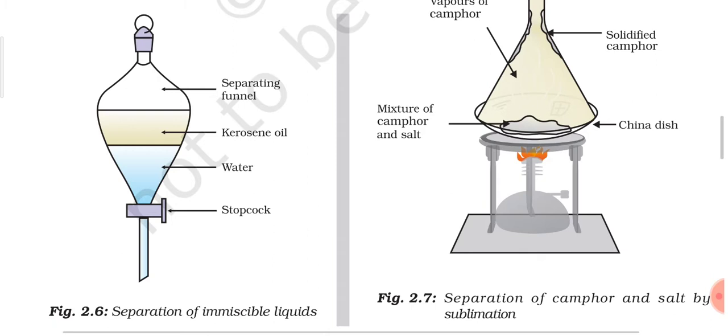We know that the density of water is more than that of kerosene oil, and that is why, as water is denser than kerosene oil, it has formed the lower layer, whereas the density of kerosene oil is less than that of water, and that is the reason it has formed the upper layer. And you might have seen this at many places, that an oil film or oil layer remains on the upper side, over the water bodies.